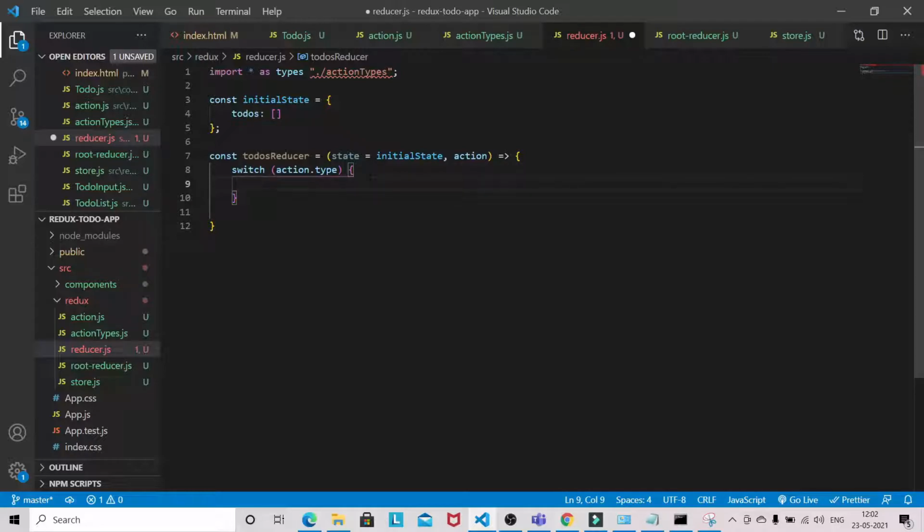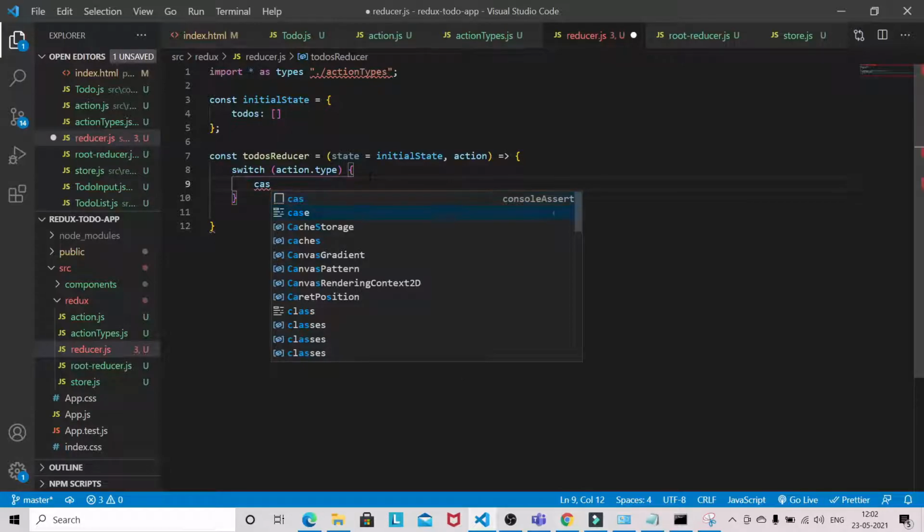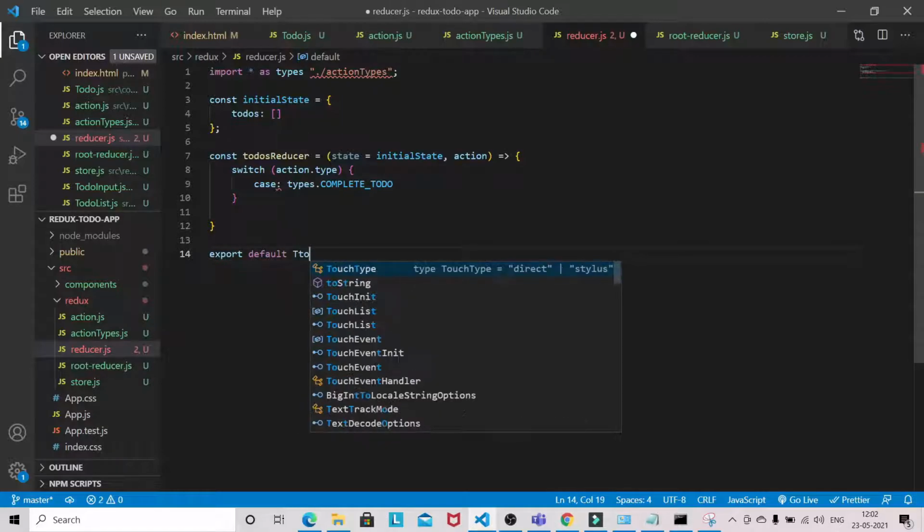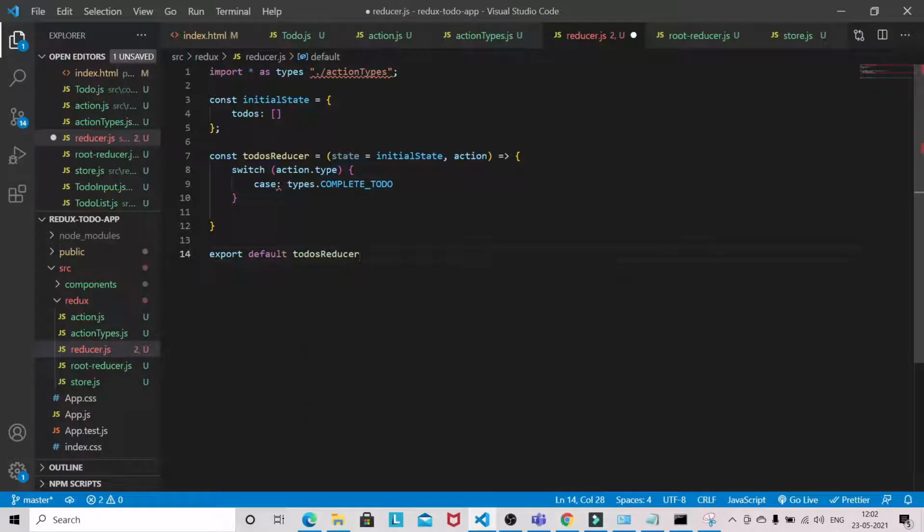So case, so we will export to-do reducer. There are some issue with this import actually.